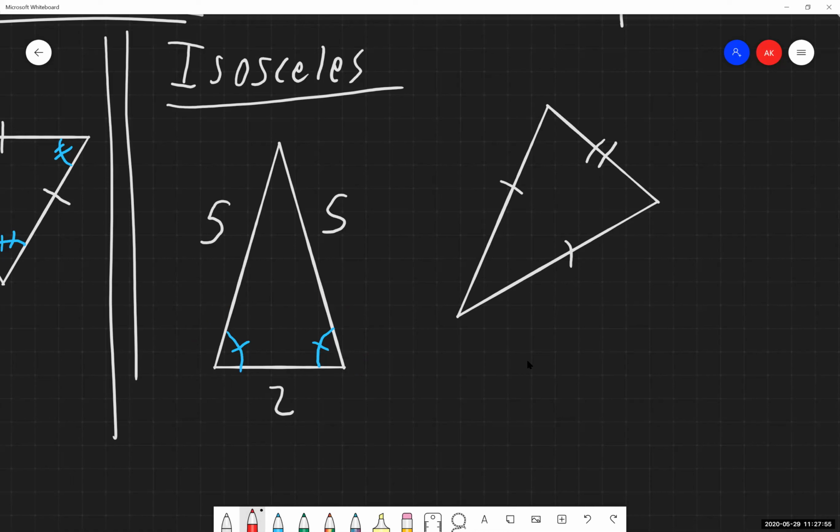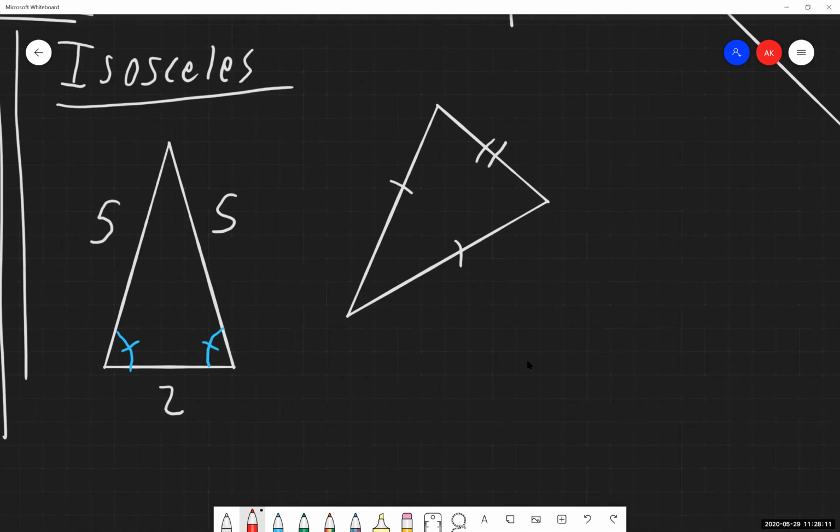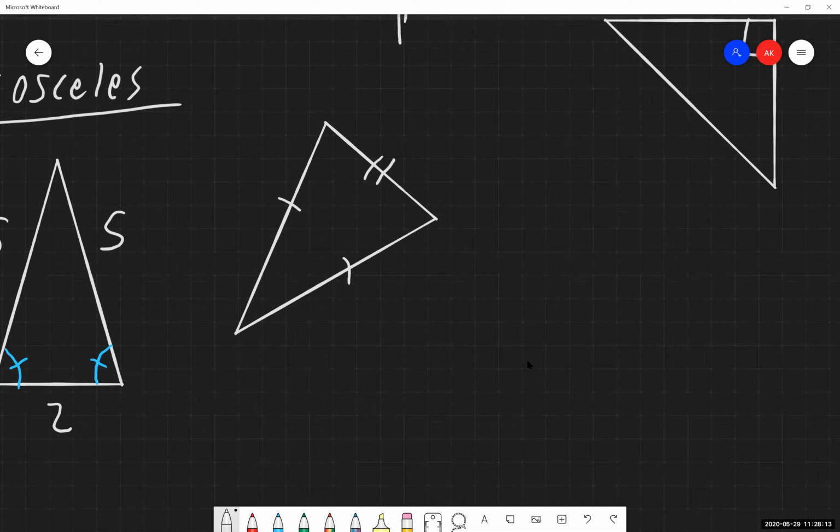And then again, the last one with the scalene triangle, it's essentially, if we're given something, is it an equilateral triangle? No. Is it an isosceles triangle? No. It's probably a scalene one then. And again, scalene ones are, we have three completely different side lengths. We don't know what they are.